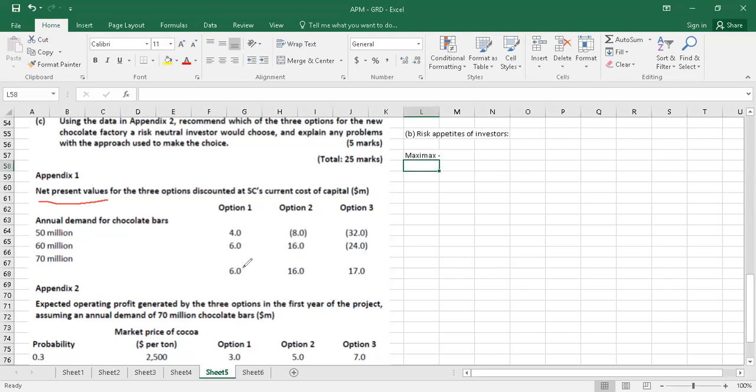option 1, say in situations where the annual demand is 50 million, 60 million, 70 million, we see that these are the values given: 4, 6 and 6. Then option 2 has -8, 16 and 16. And option 3 has -32, -24 and 17. So here in this case, we have to understand